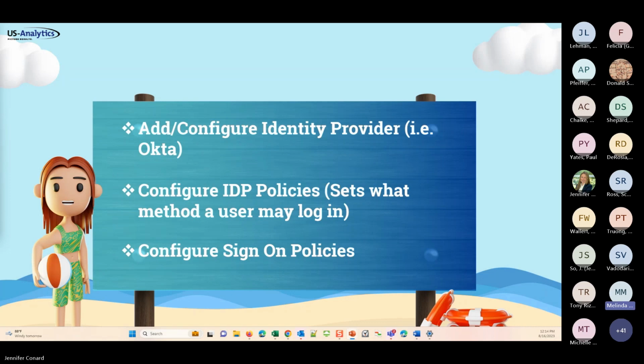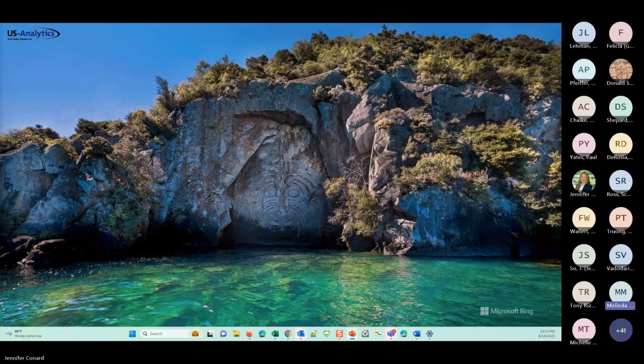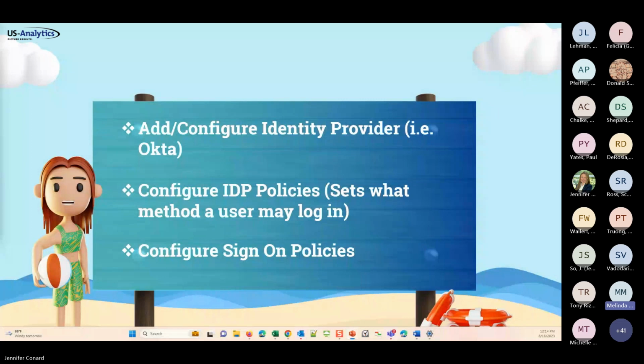In my experience thus far, with the clients that have either done a client-led migration or have already started this process, maybe they were in wave 5 or 6, this piece was done by their internal IT security teams. They set it up and then reached out to us and said, okay, we've done this part, now what? The next part is you set your IDP policies.